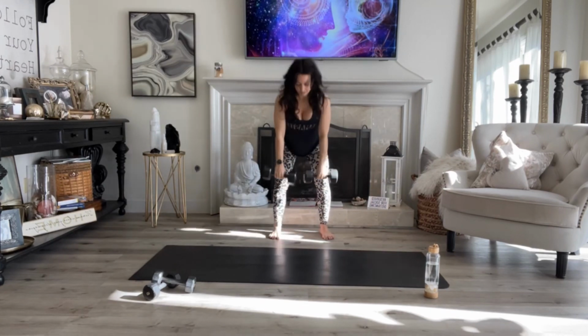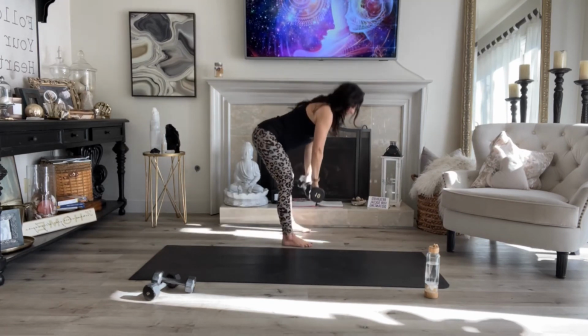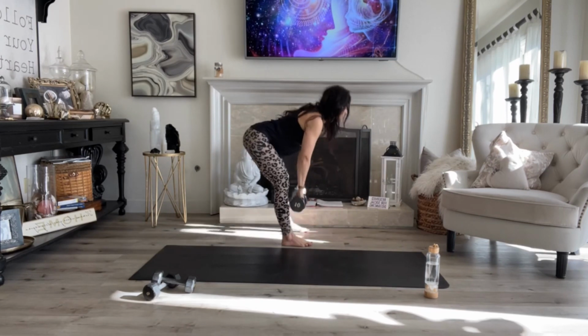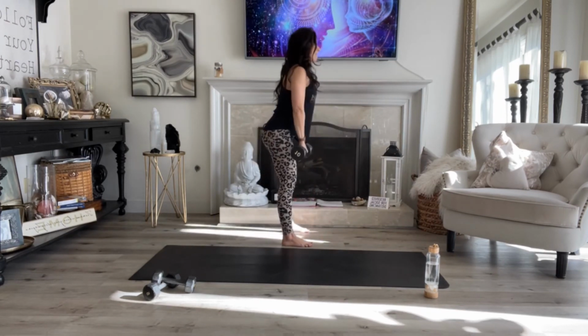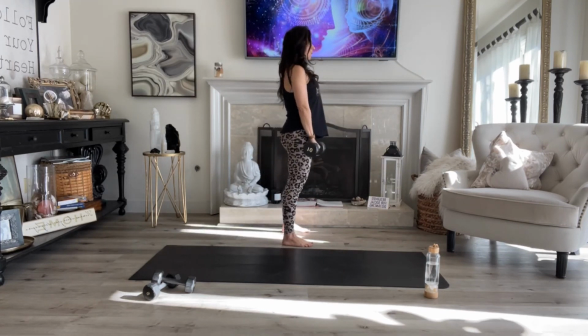1, 2. Nice side profile. You notice I push my hips all the way back. Receive that stretch. Squeeze and lift. For 5, 4,